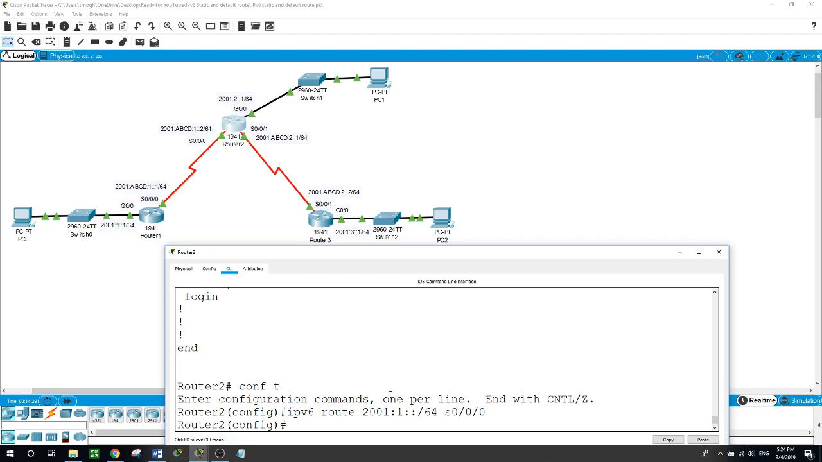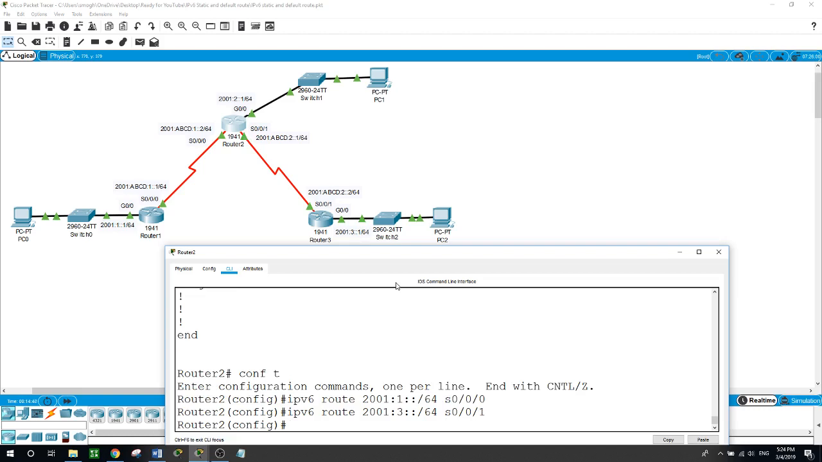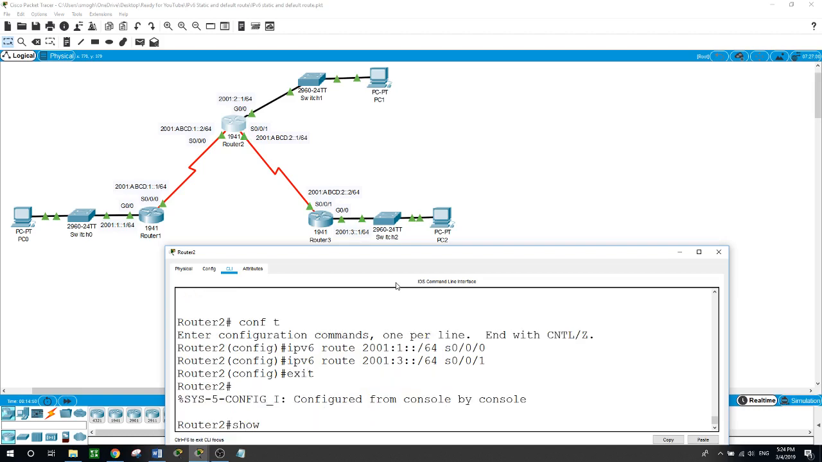here. So we run the command IPv6 route 2001:3::/64 for the whole network, and its exit interface is serial 0/0/1. Exit. Now show IPv6 route